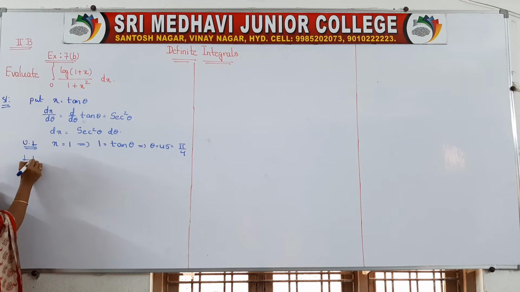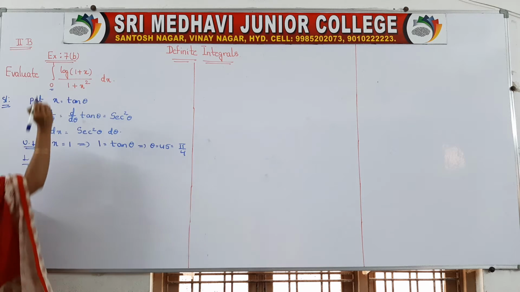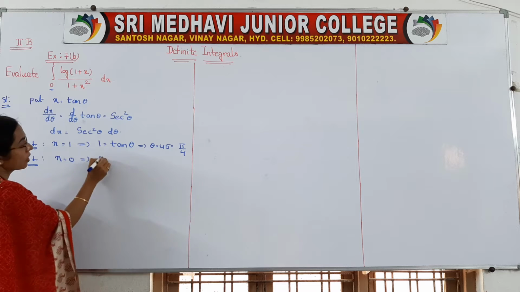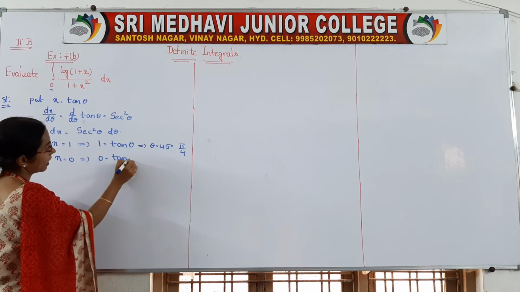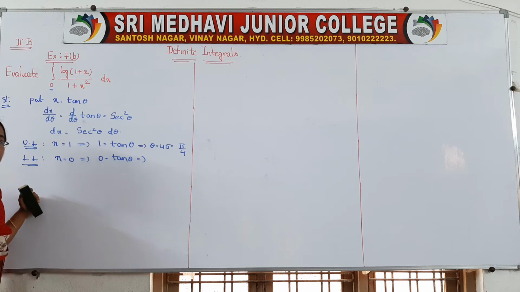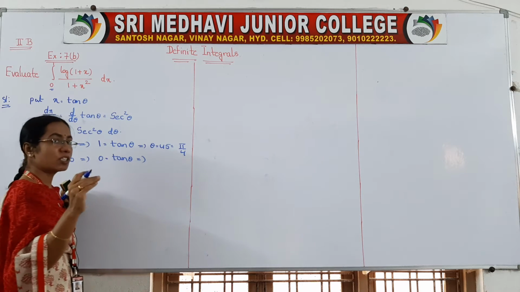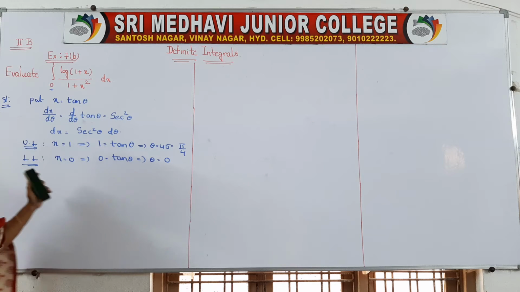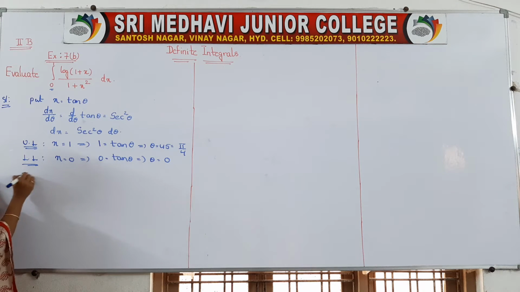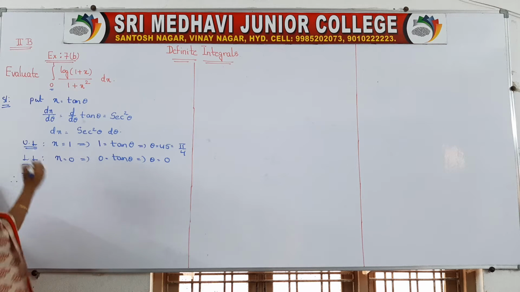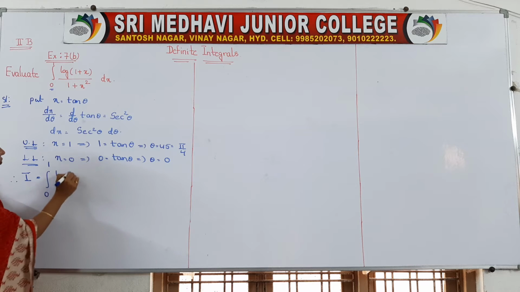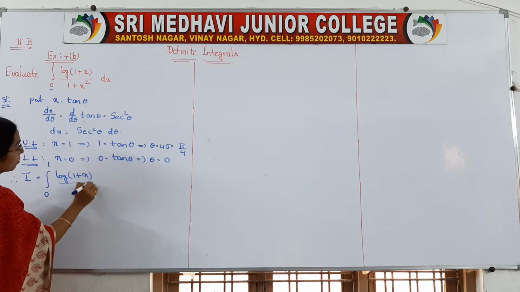Next you go to the lower limit. Okay. So what is the lower limit given to you? It is 0. So x is equal to 0 implies 0 is equal to tan theta. Tan of which angle is 0? Tan 0 is 0. So theta is equal to 0. Okay. So therefore the given integral I is equal to integral 0 to 1 of log of (1 plus x) by